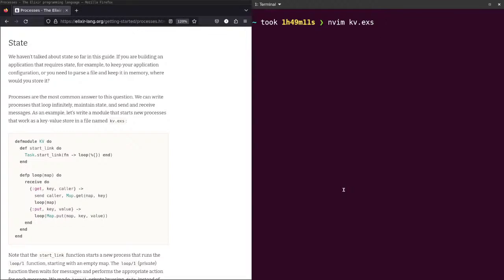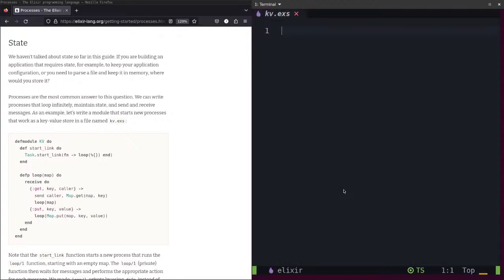kv.exs. defmodule KV do def start_link do